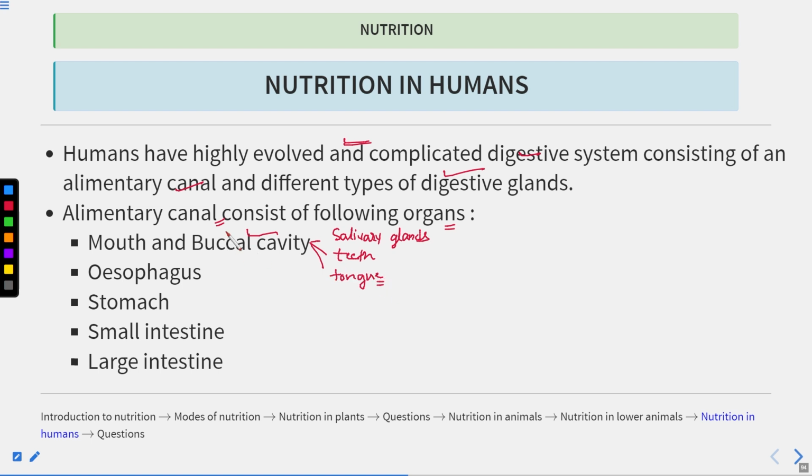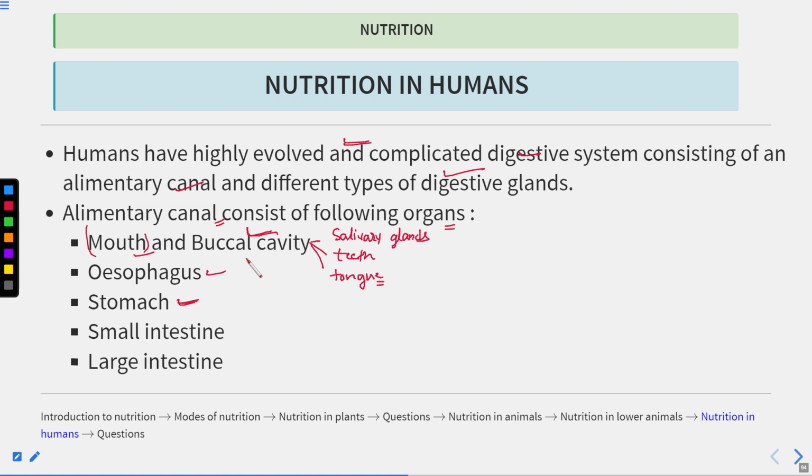These are all present in the buccal cavity, or simply you can say the mouth. Then the mouth leads into the esophagus, which is just a tube-like structure. Here no digestion takes place. Then the esophagus is connected to the stomach, and here a lot of gastric juices are secreted, which consist of digestive enzymes, and a lot of